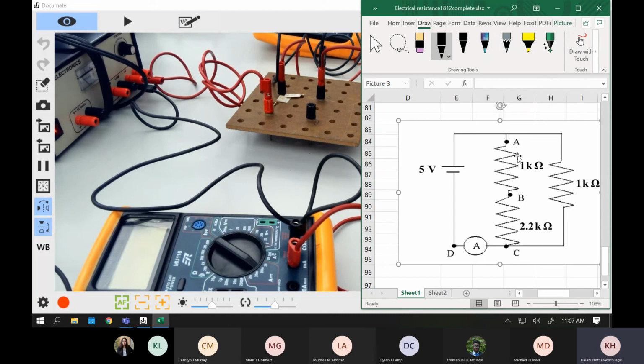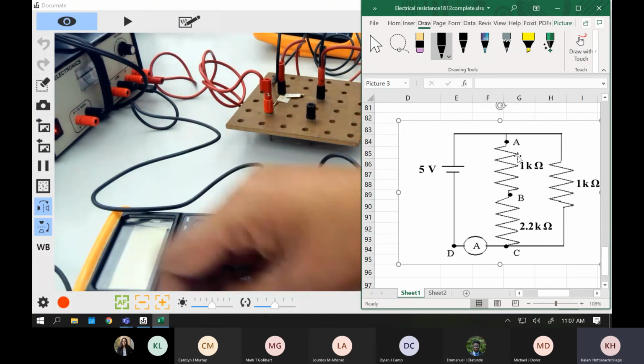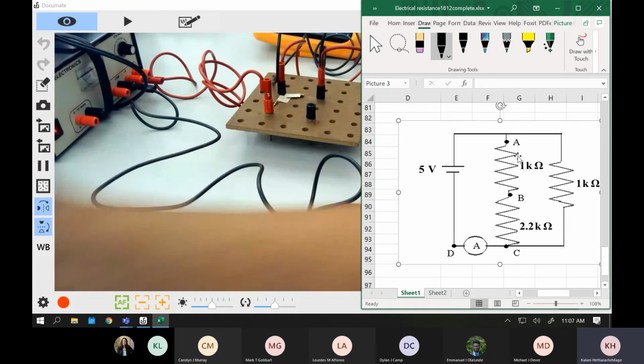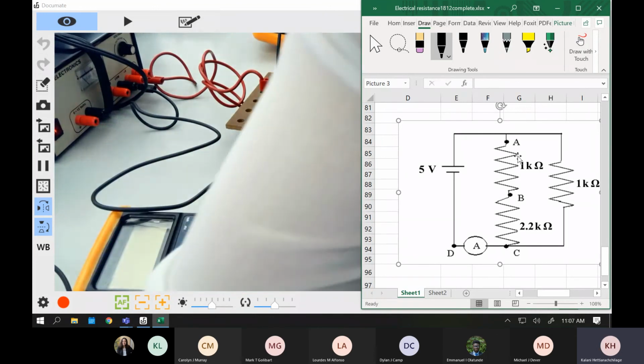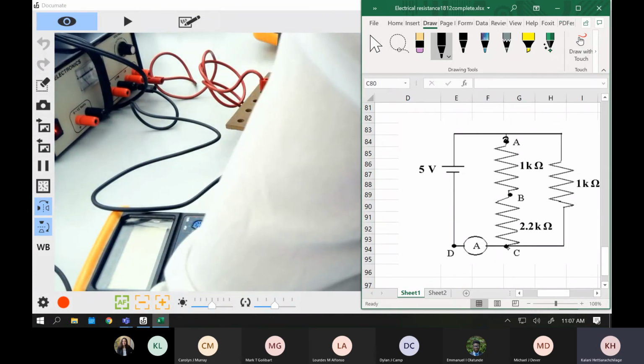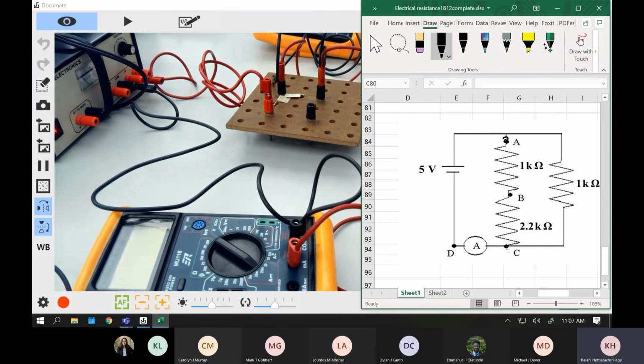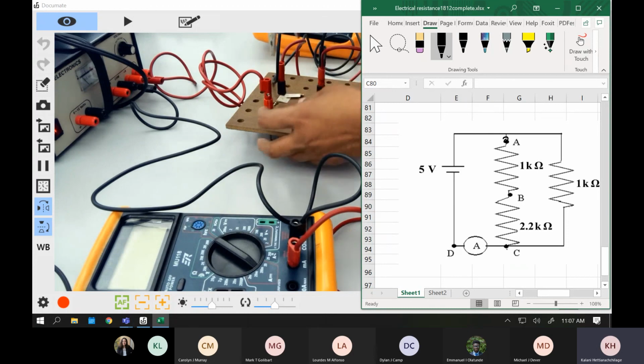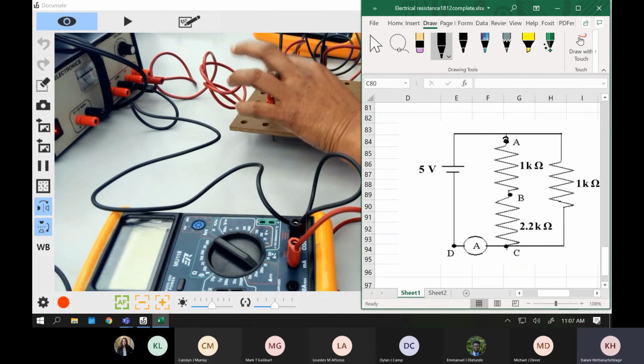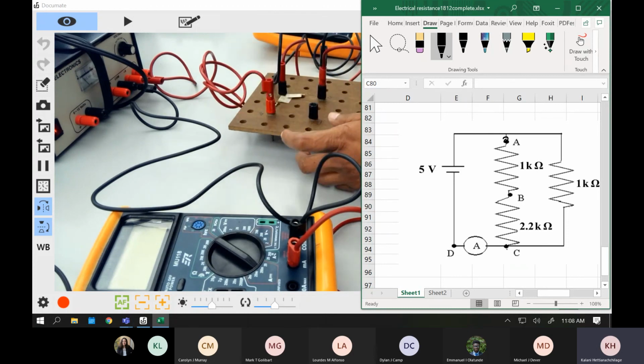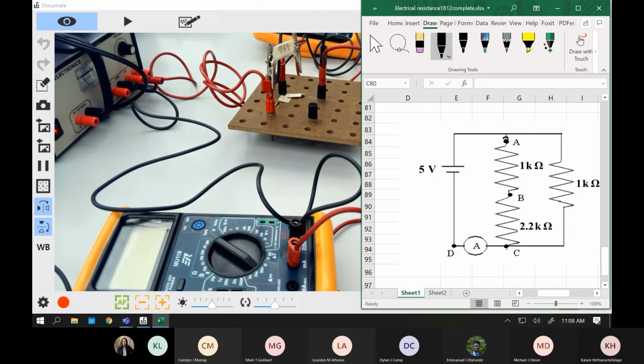For the next circuit, the only difference is the 1 kilo ohm resistor that I have given to you should be in between your A and the C, right? So A and C, that means you take this one, and your A is basically your red one. That is your A. Just open your crocodile alligator clip, and clip that to the first one. And I know that this is not long enough to connect to the C.